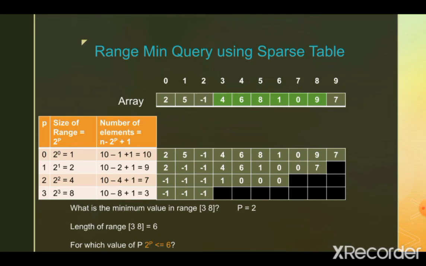So those two ranges will be contained in the third row of this table, and the two ranges are range from 3 to 6 and range from 5 to 8. So how are we computing this range from 3 to 6 and 5 to 8? Range from 3 to 6 is computed based on the initial value of the range. So the query is 3 to 8. So we consider the initial value 3 in the first range, and since the length of the sub-range is equal to 2 to the power of 2, we have to consider from 3 to 6.